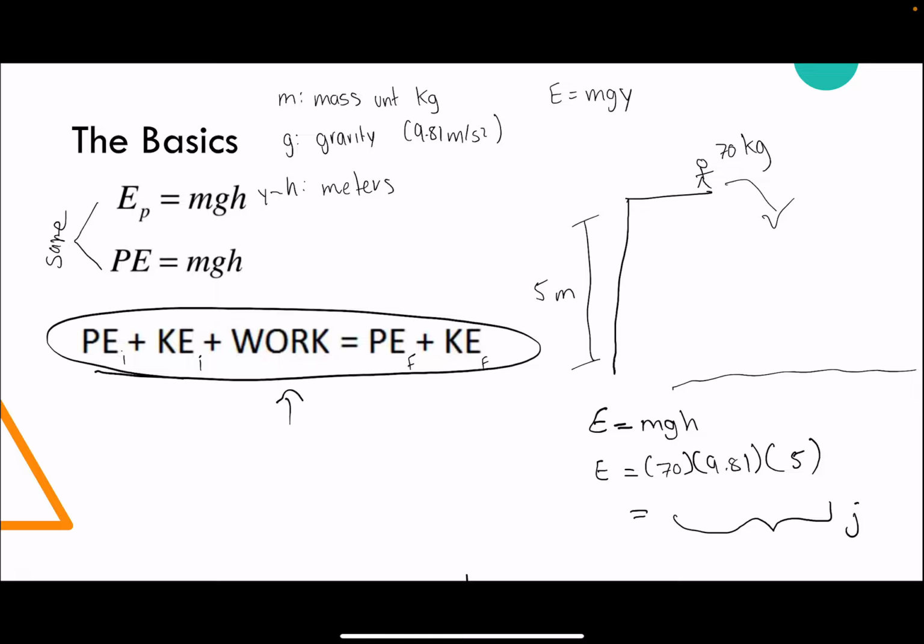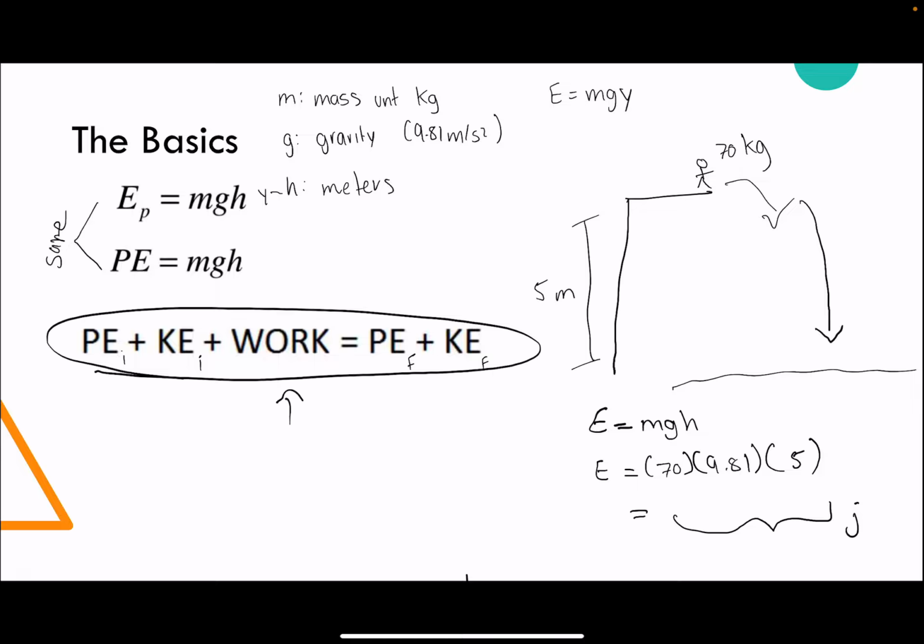We can calculate the initial potential energy, and then our kinetic energy is going to be increasing as this little guy goes down, and our potential energy is going to be decreasing, right? As our little guy approaches the swimming pool, the potential energy is going to